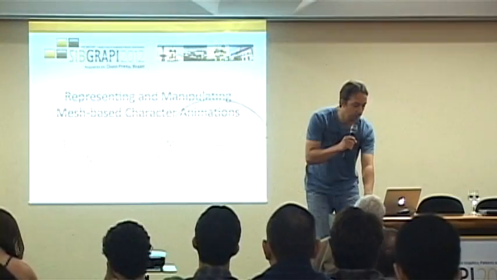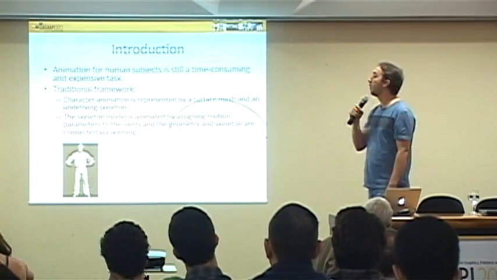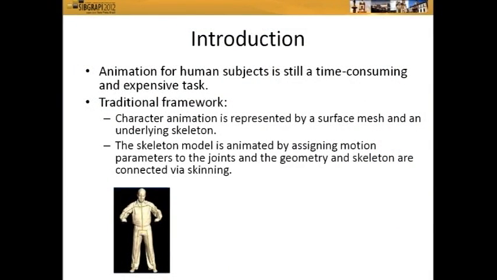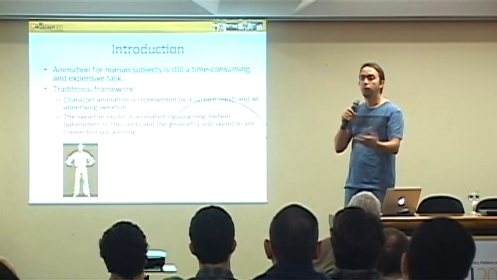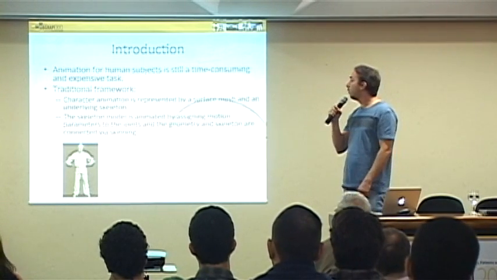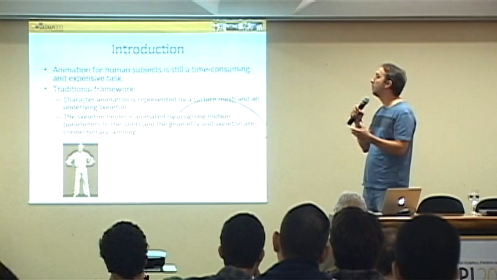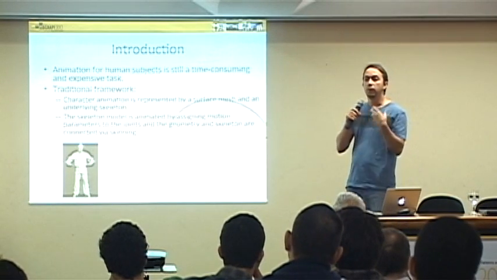This is one of the few papers here about animation. Animation for human subjects, as we all know, is still time-consuming, complex, and expensive. It takes a lot of time for animators to create a character animation for movies, games, etc. Some of the problems are related to the way people do it. So the traditional framework